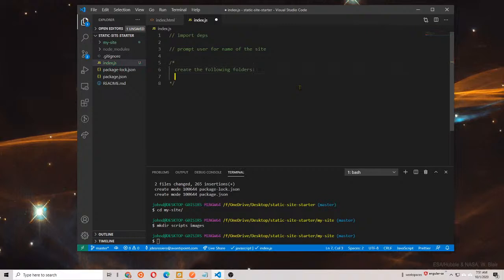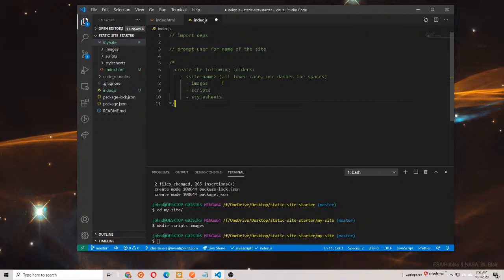So we're going to want to create my site, or we'll say site name, and this should be all lowercase, use dashes for spaces. All right, and then inside that folder, so I'm just going to tab in, we need to create images, scripts, stylesheets,